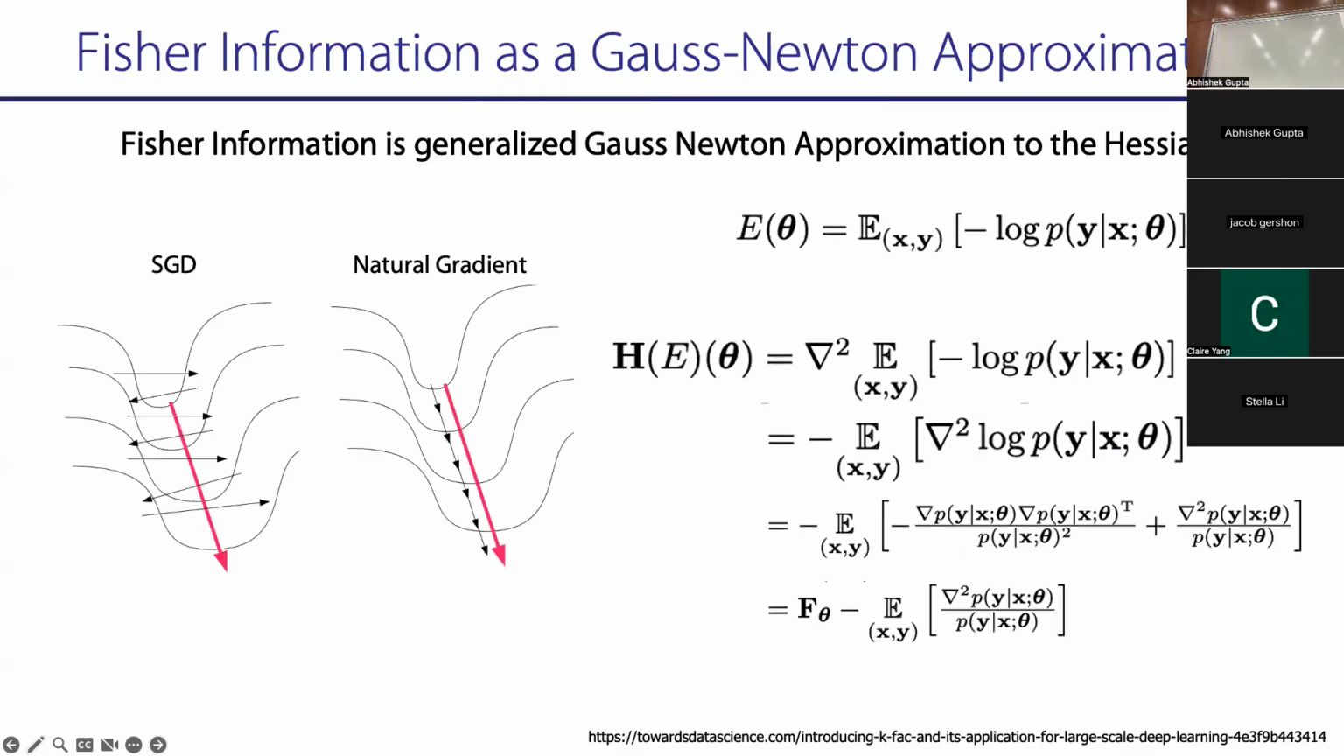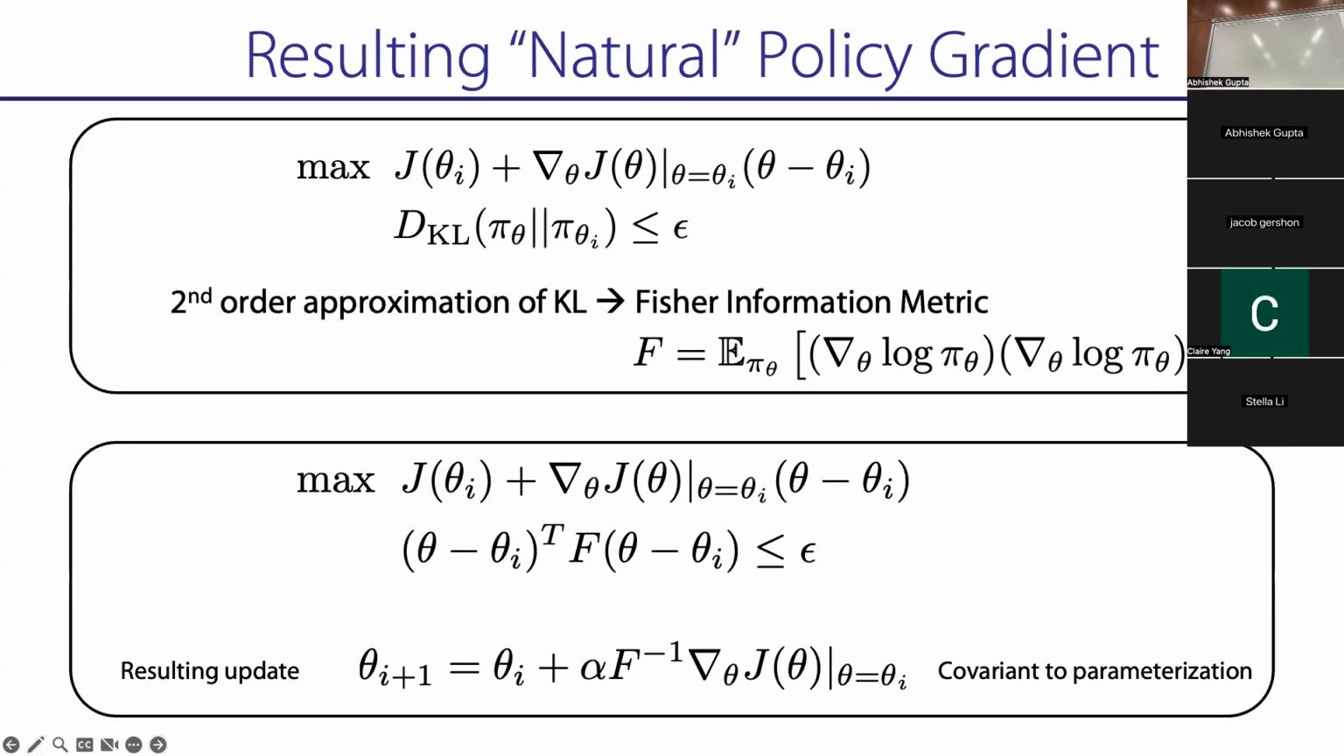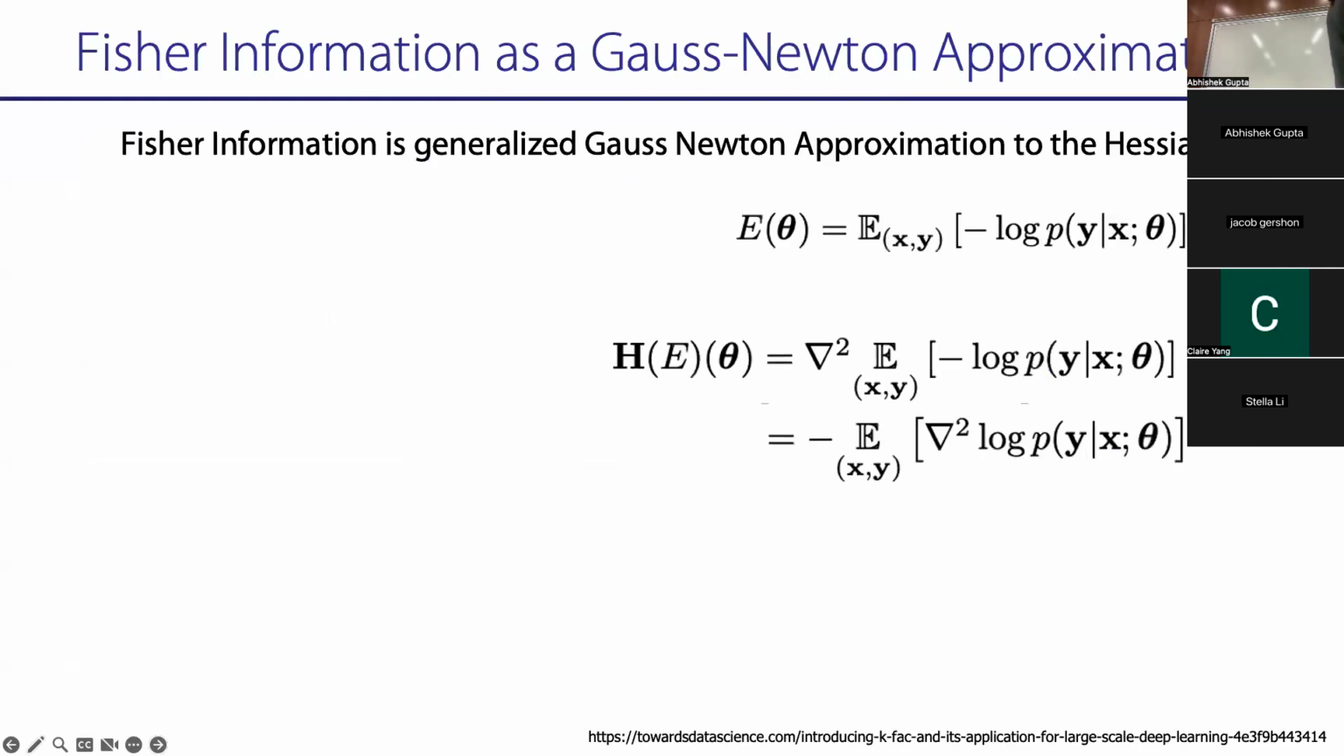We can skip through this, but you can show that the Fisher information matrix is a Gauss-Newton approximation to the Hessian. The Hessian is a full second order method, which means the second derivative of your function. If you notice the Fisher information, it does not need the second derivative. It's just the outer product of the gradients. They're never taking the second derivative. They're only taking an outer product of first derivatives. Okay, so